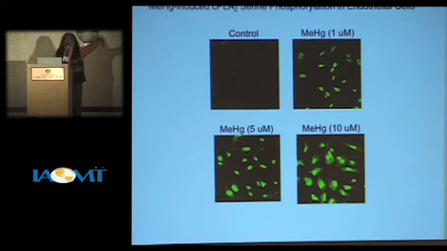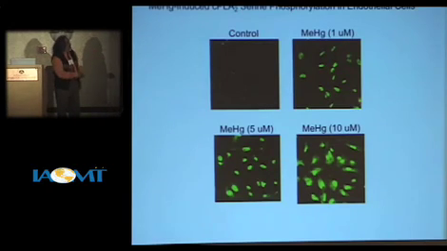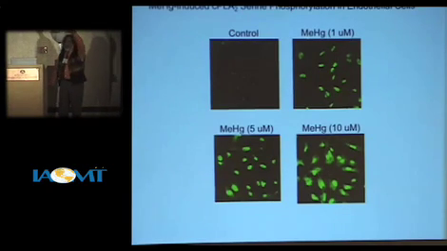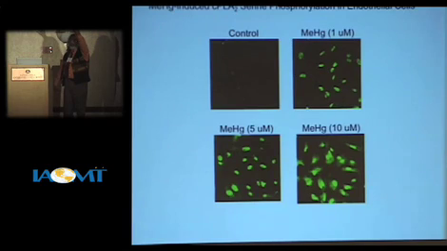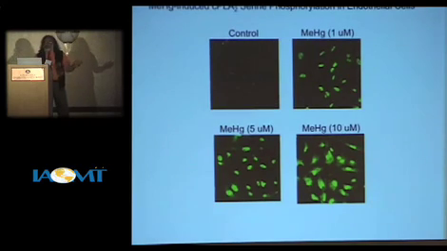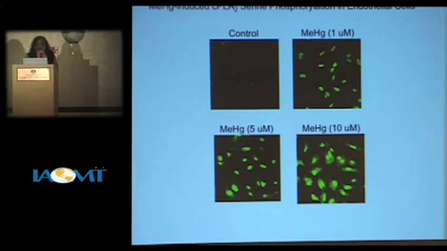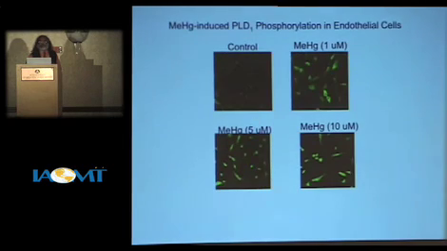If somebody asks me a question, how the PLA2 and PLD are activated by mercury, this is the way they are activated. That means there is something else ahead of these phospholipases. When methylmercury hits, there is a kinase that gets activated. That kinase phosphorylates these enzymes. These enzymes then get activated and do their job. So that's why I wanted to show the phosphorylation sites. We're working very heavily on it. Some of the data is not published, but I just wanted to share this with you, what's going on.